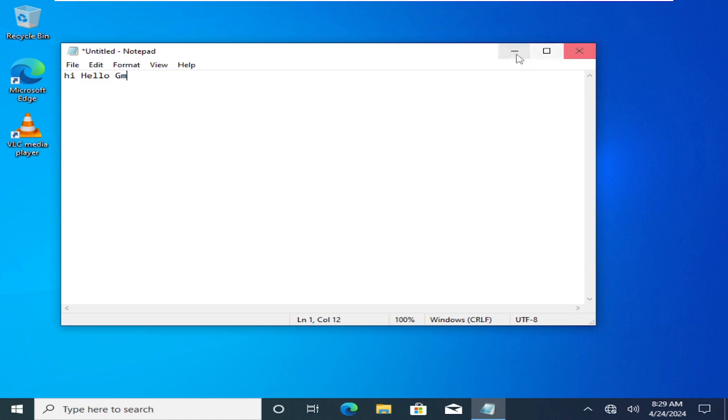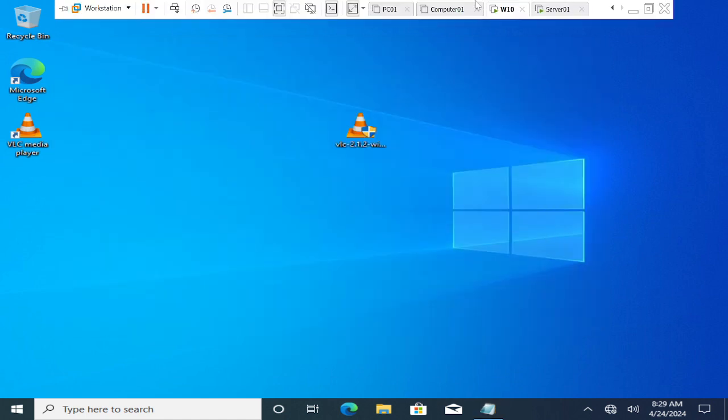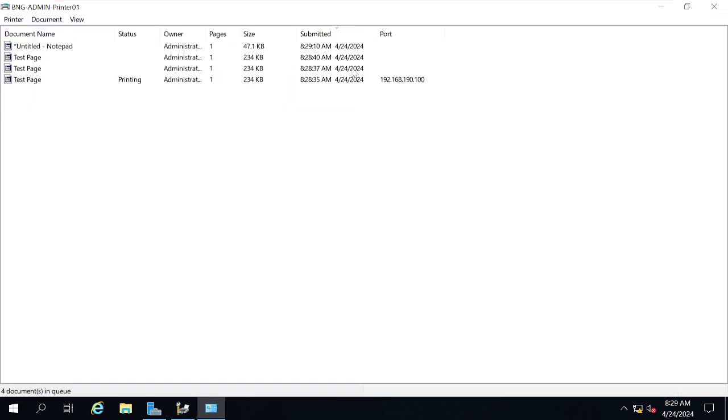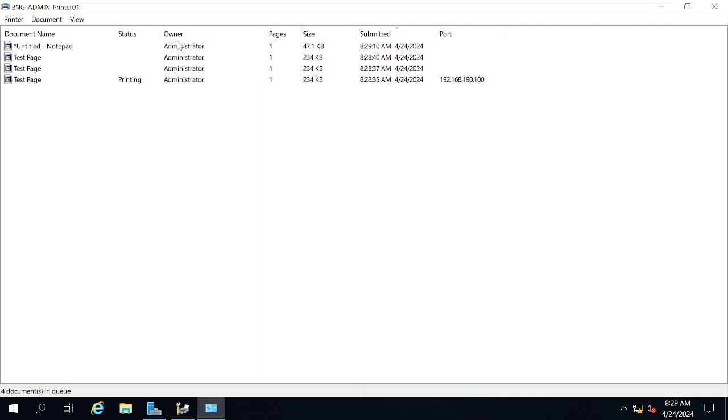Print. Now you want to track who is printing, what document is printing, and what time they are printing. If you want to see that information, go to the print server console, and you see here in the Bangalore-admin printer 01 there are 4 jobs running now. See, 4 jobs are there. Just right click and open the printer queue, and you can see who is printing what. See, the owner is administrator because I logged in as administrator in the Windows 10 machine. And you see it's an untitled Notepad page. I've taken 4 copies. See, the test page I've given 3 times,